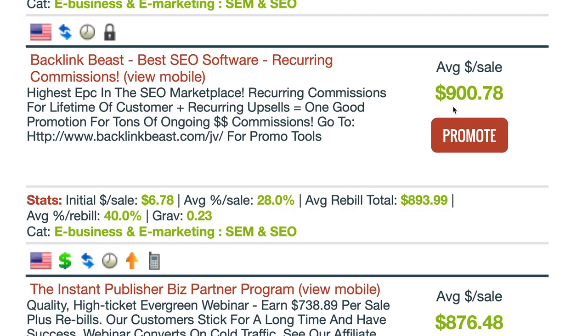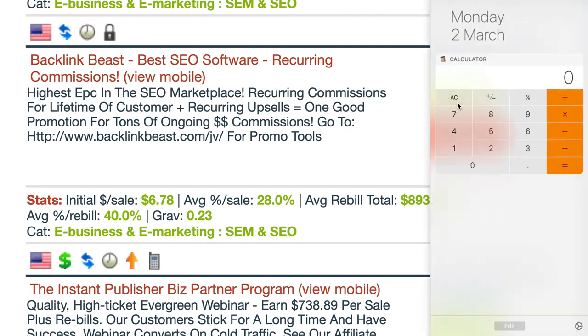So we need to do a calculation. I want you to think about this because this is the decision that you need to make. Becoming a premium member of FreeSponder is $47 per month. If you want to do that, then bear in mind that you're going to be giving away books that have got adverts in them, and your readers might buy those products from those adverts. So let's take a look at this product here, $900 commission. I'm going to bring in my calculator, make sure it's cleared. So $900 divided by your monthly membership, that's $47. That is